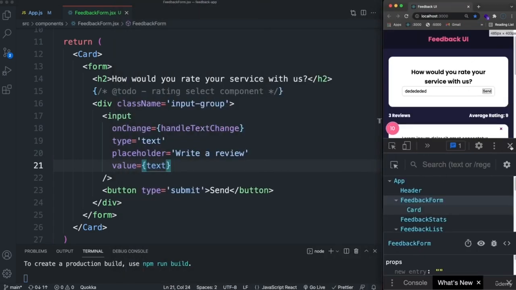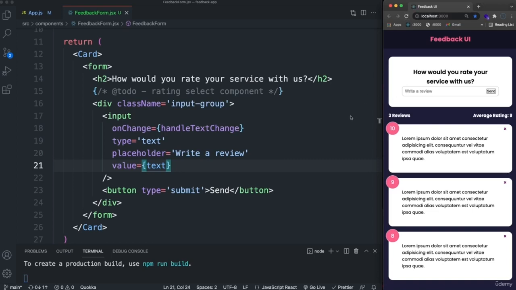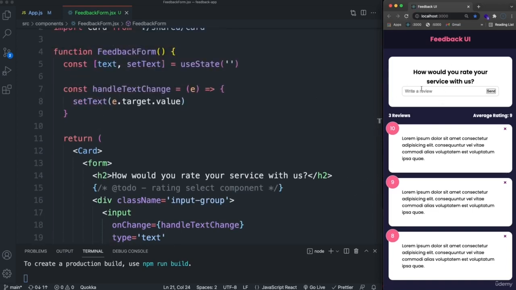Okay, so we'll go ahead and just close that up. And now we have our text state, which is hooked to this input here. Now in the next video, I want to create our button component. Before we go on to being able to submit it and being able to create our rating select, I want